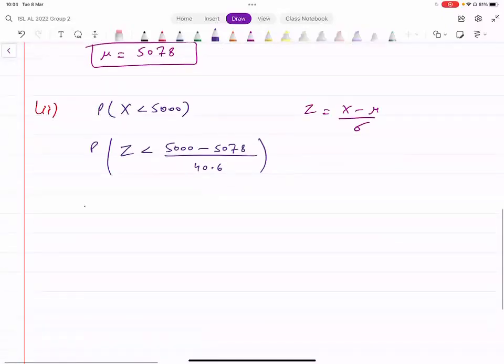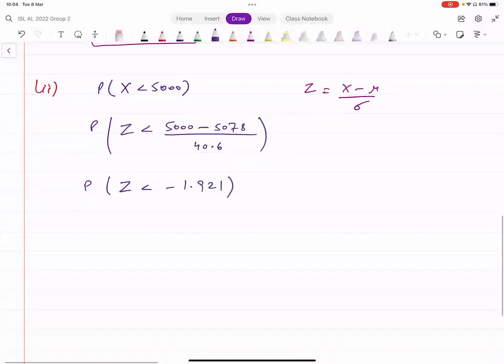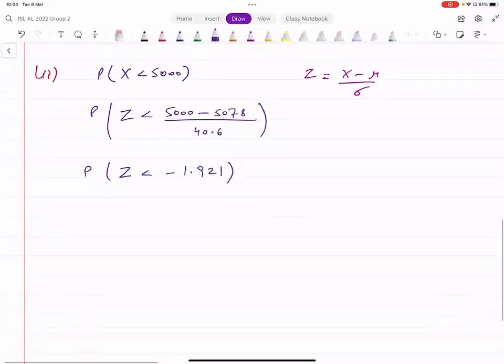ठीक है, यहां से हमारे पास z की वैल्यू कुछ आ जाएगी, या देख लें क्या आती है, z less than minus 1.921. That's what we get here. ठीक है, ये आपने फाइंड करनी है प्रोबेबिलिटी। अगेन वी थिंक ऑफ व्हाट द कर्व लुक्स लाइक, ये स्टैंडर्ड फॉर्म के अंदर नहीं है, this is z less than something negative right now. So what you have on the curve is this region, left side वाला region है negative value के।